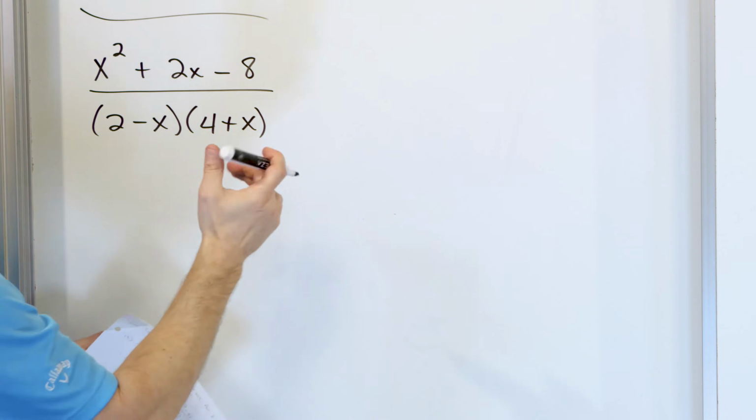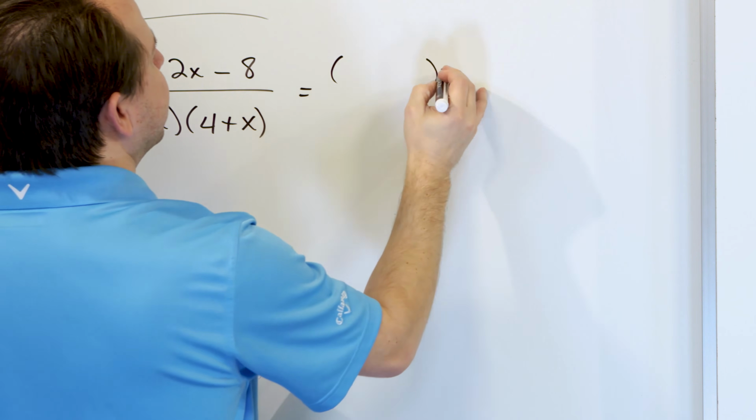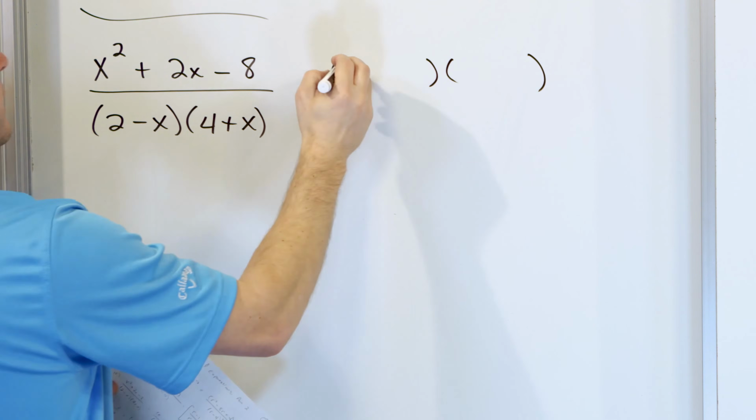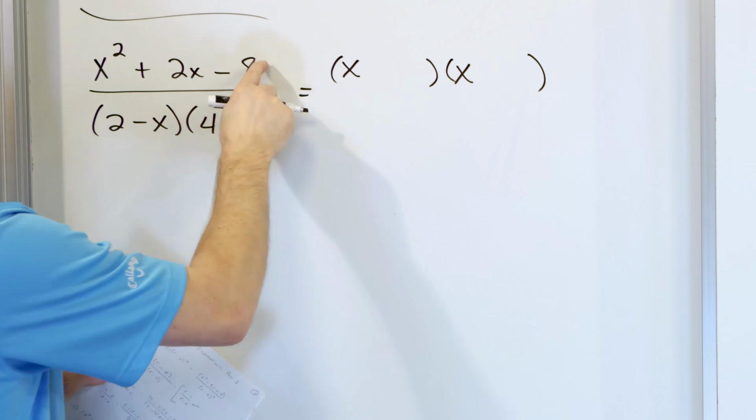All right, so what I'm going to do to cancel is try to factor the top. I know I have the x squared, so the leading terms will be x and x. For the 8, of course, I could